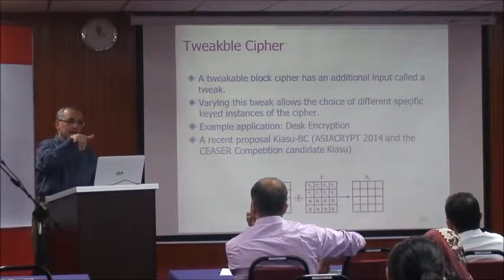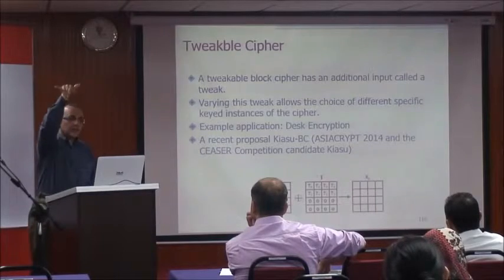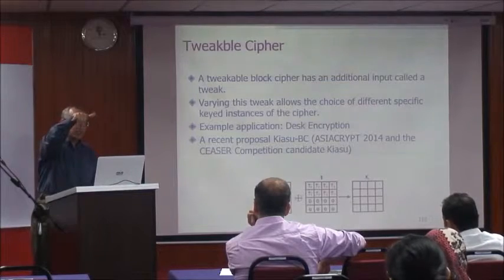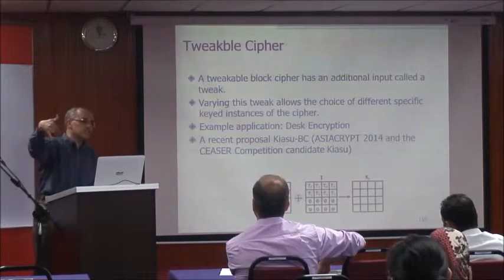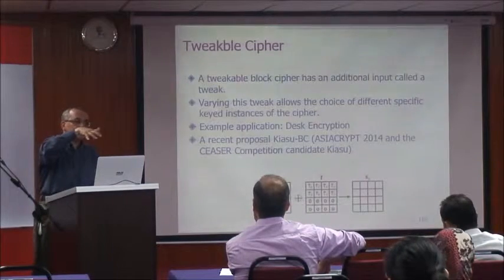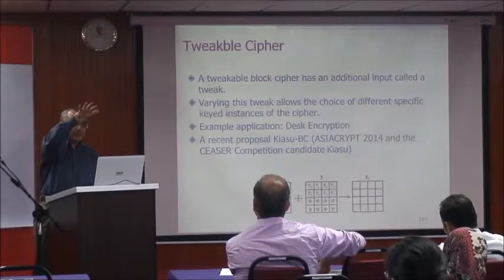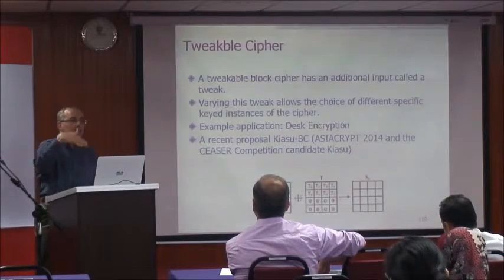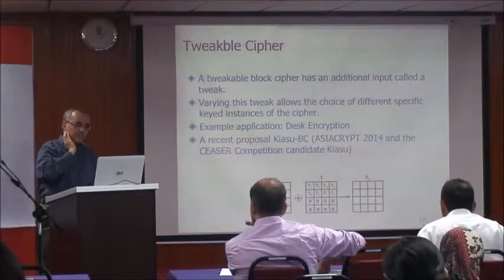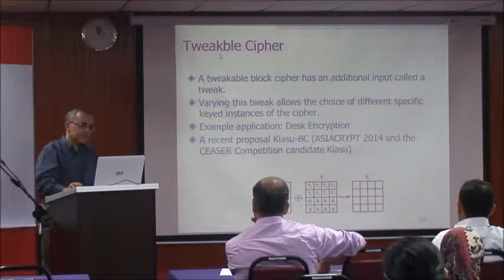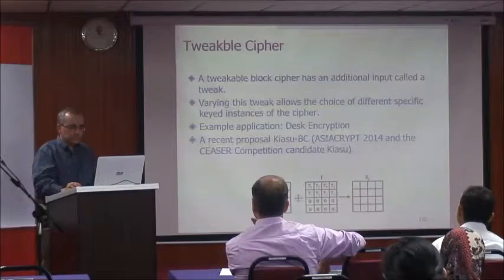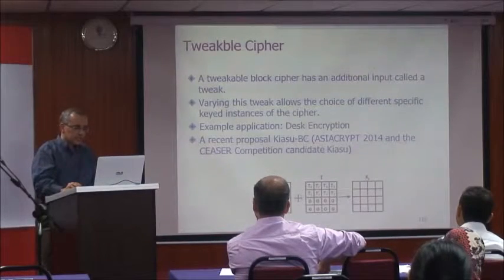So one way to do it is that you use the same key, but you have one extra input to your block cipher, which we call a tweak. Every time you change this tweak, it's as if you have changed the key, but it's not really changing the key. It's as if you make some little modifications to the key without rerunning the whole key schedule. So there are some newly proposed ciphers that are meant to achieve this tweakable operation in a very efficient way. One of them was proposed at Asiacrypt 2014. It's called Kiasu